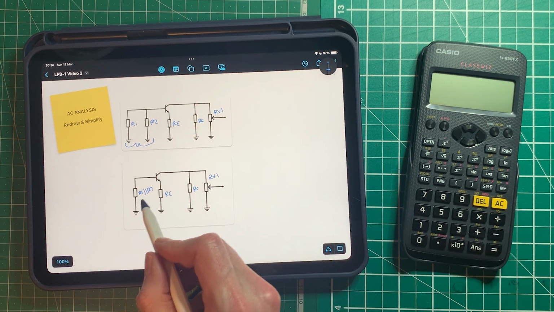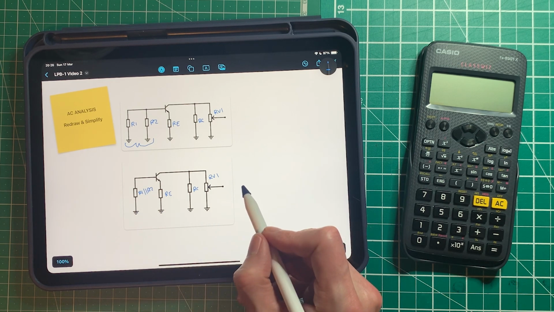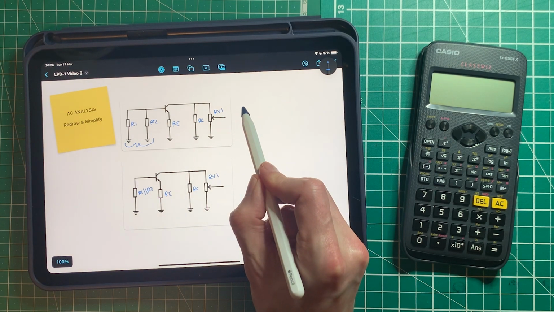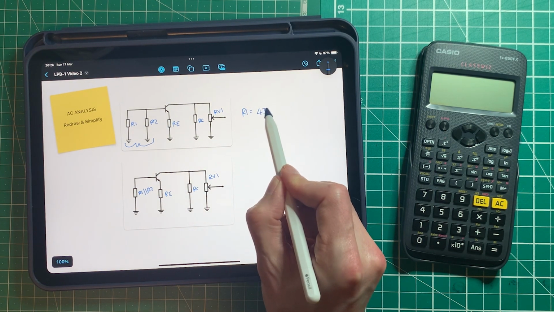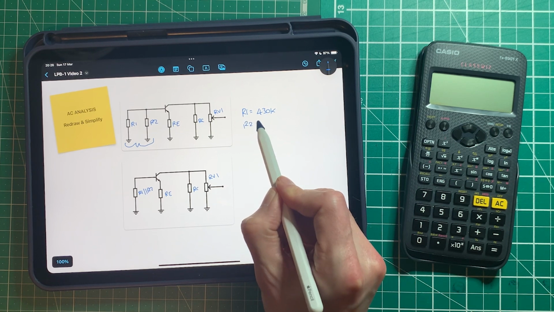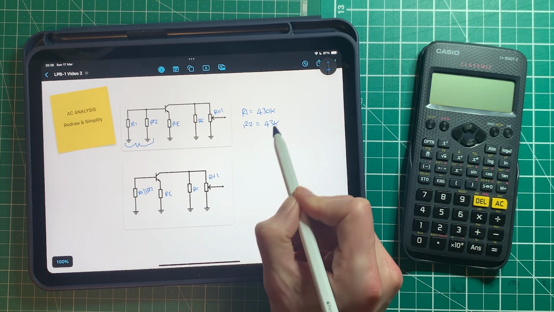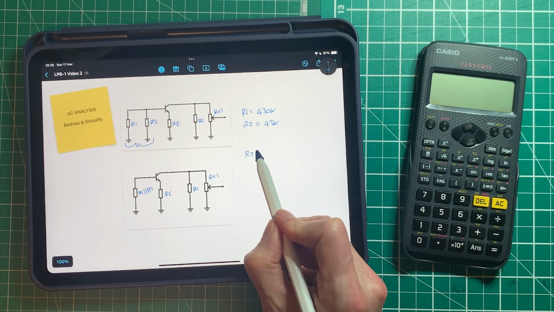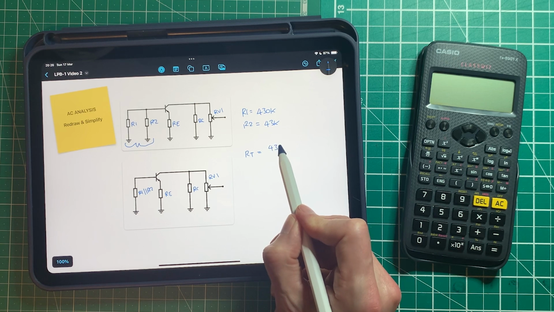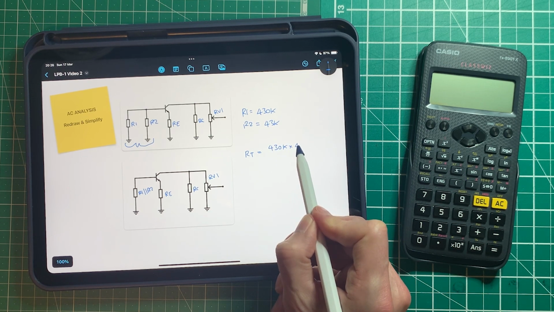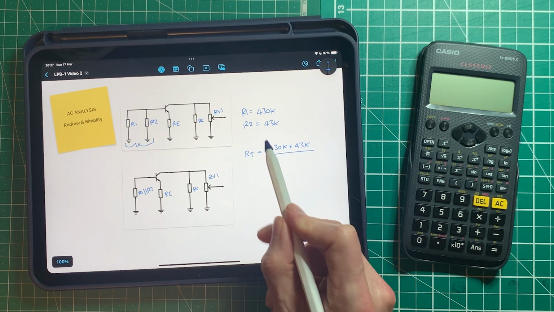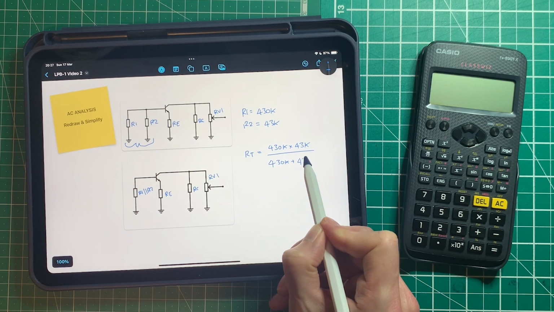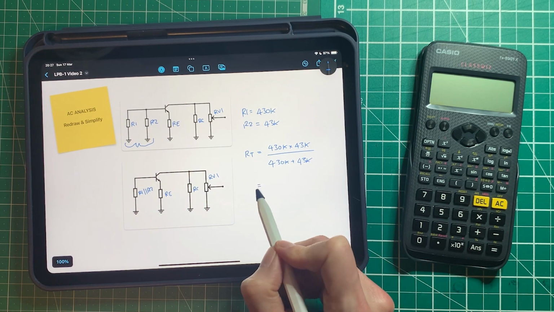So we need our parallel resistors equation, and there's only two of them, so it's the product over the sum. So first of all, we need to remind ourselves that R1 was equal to 430k and R2 was equal to 43k. Now we can simply do the product, 430k multiplied by 43k over the sum, 430k plus 43k, and that gives us,